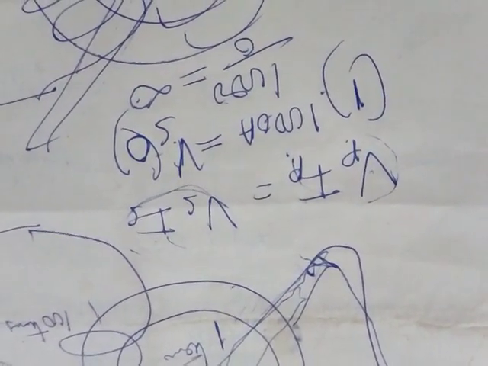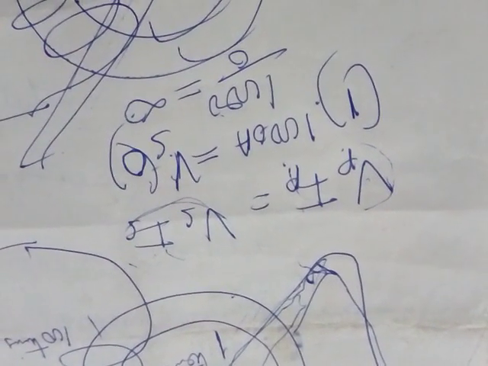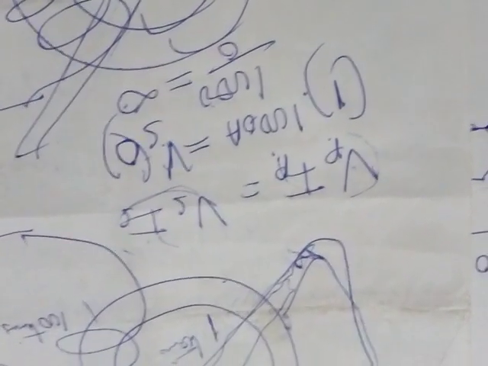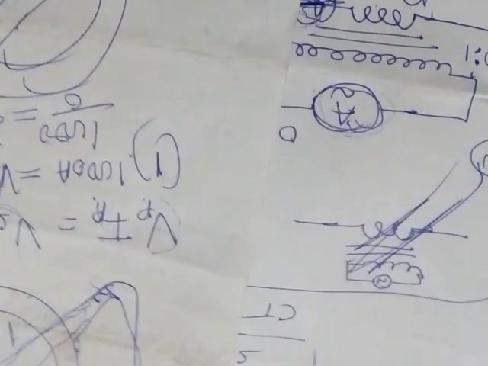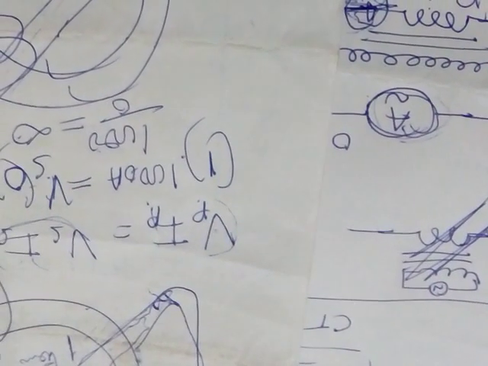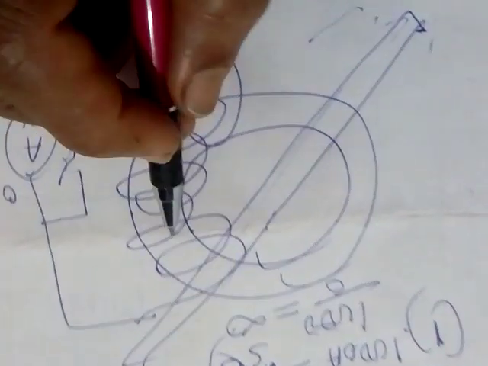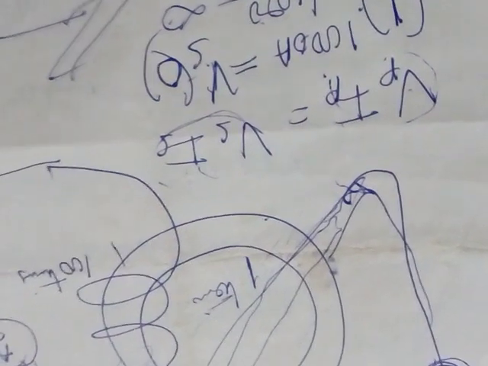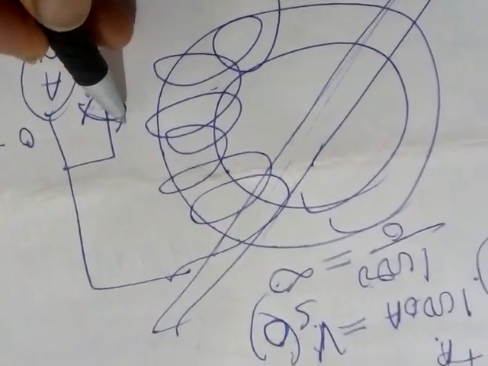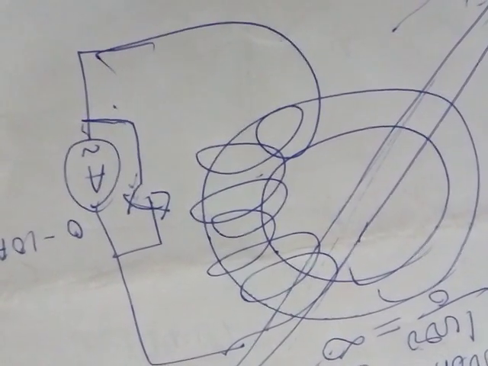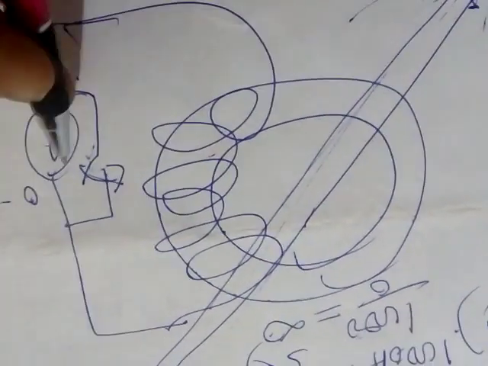Anyhow, this you will study in theory and it is also important for viva. So a secondary of CT should never be opened when primary is energized. So usually in a CT they have a short circuiting switch. While doing the connection and while switching on the supply, you will first close the switch. The switch will be in the closed condition. After making sure that connection everything is okay, then only you will open.